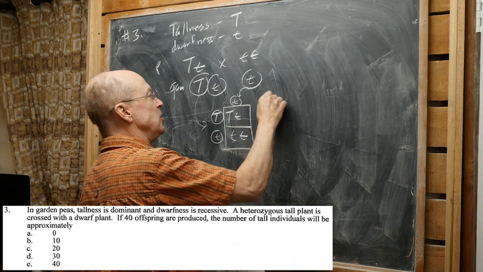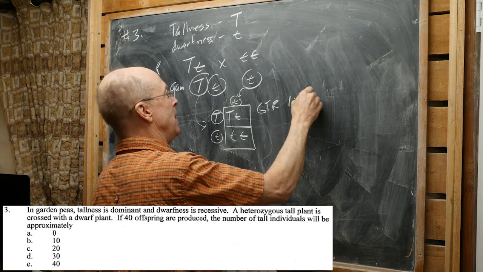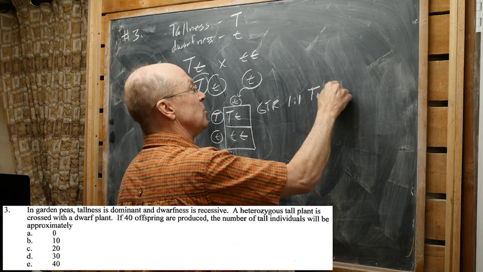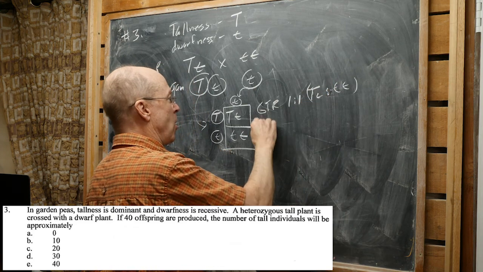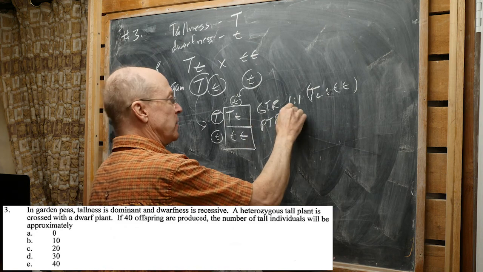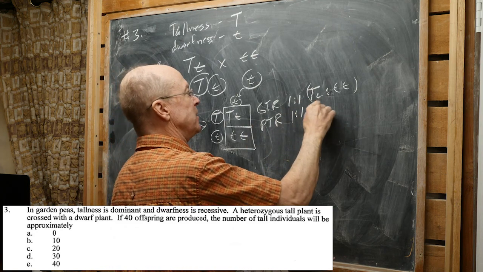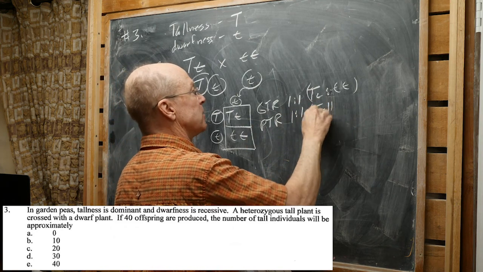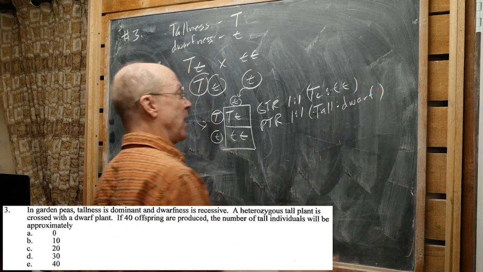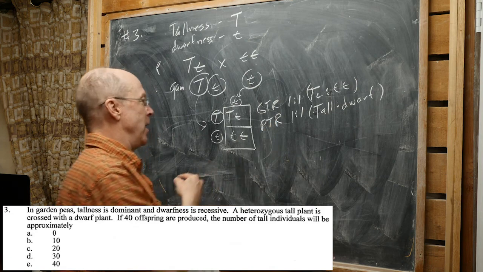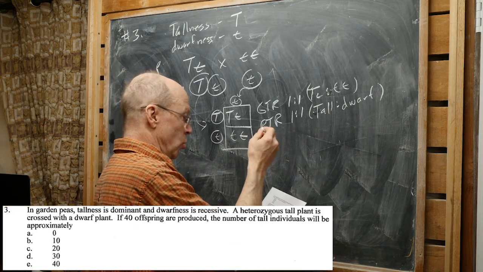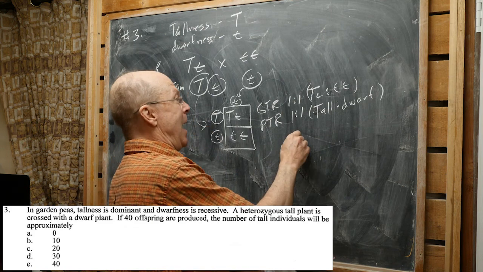So our GTR is going to be 1 to 1, and that's going to be big T, little t to little t. And then our PTR, phenotypic ratio, is going to be also the same, 1 to 1, and that would be tall to dwarf. So there it is. So we already know then how to solve this. So of your possible answers, we're looking for out of 40,